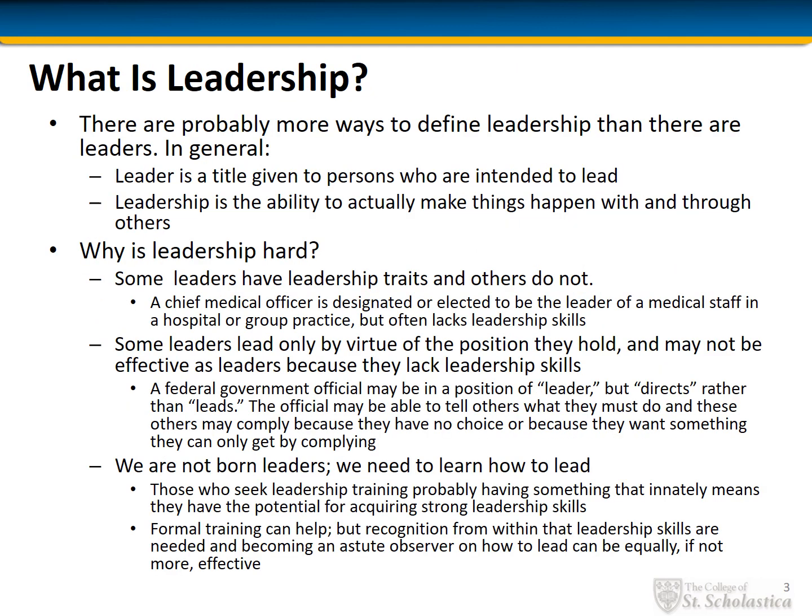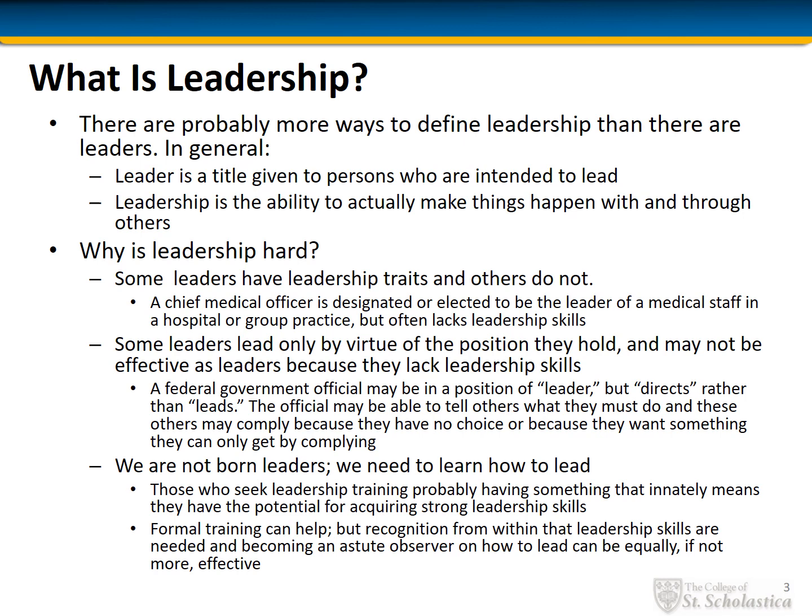What is leadership? Perhaps we should first distinguish a leader from leadership. In addition to a leader being given a title to a person, and leadership being a skill or competency held by a person, it must be observed that not all persons with the title of leader have leadership skills, and there are persons without the title of leader who have leadership skills and may exercise those skills as informal leaders.